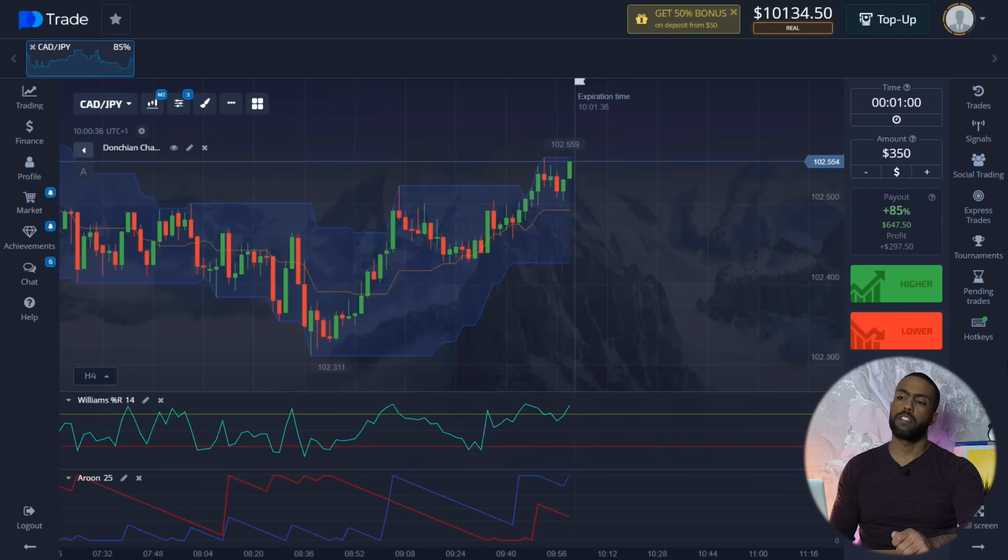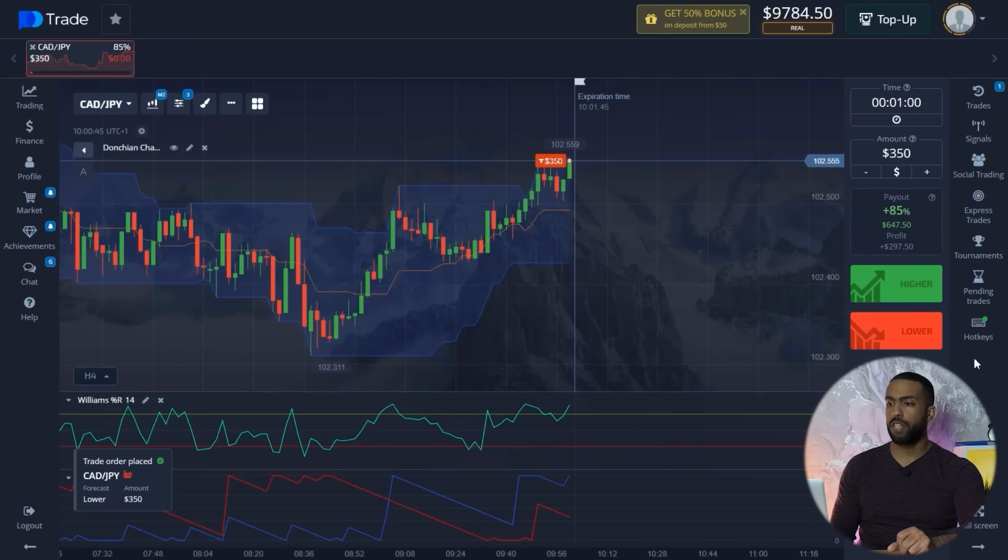And without further ado, let's get straight to trading. Today we're gonna be trading the currency pair, the Canadian dollar and the Japanese yen. And the price chart right now is set to M2 time frame. And let me open my first trade, a down trade for $350 for 1 minute. And here I saw that the price reached the upper limit of the Duncan channel indicator, which pulled back from 8 minutes ago. And I assume that a resistance level was forming here. So let's observe our trade.